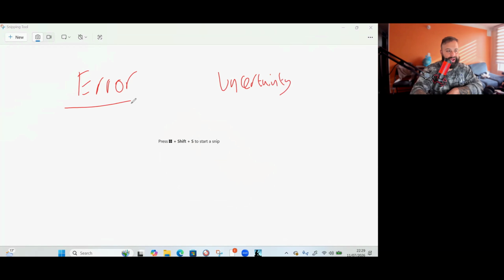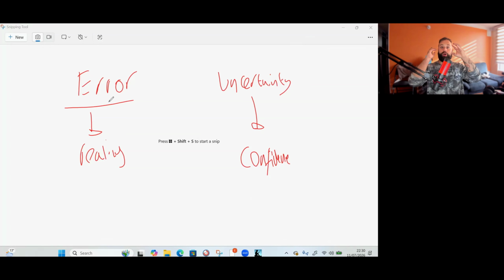So when we talk about error, it is about reality, and uncertainty is more about confidence. Error is how far away you are from the true value. The uncertainty is you've got two kinds of values. It could be between here and here, and it's somewhere there. I just don't know where exactly. So let's say a student actually records something